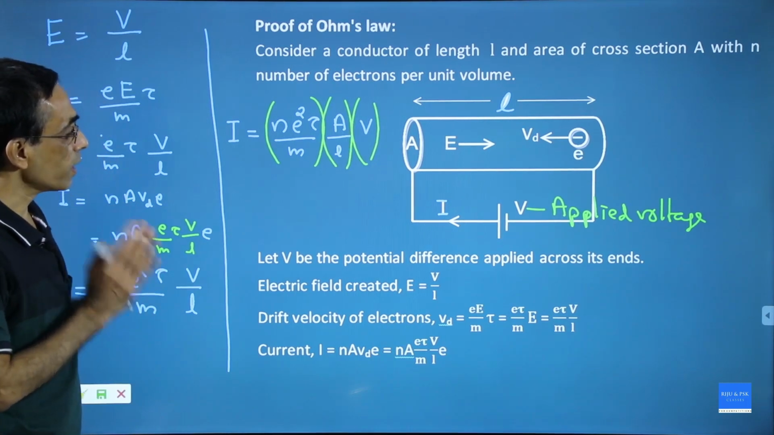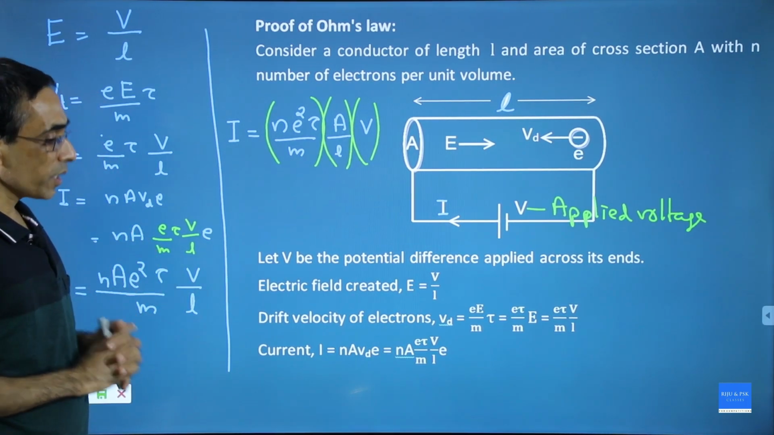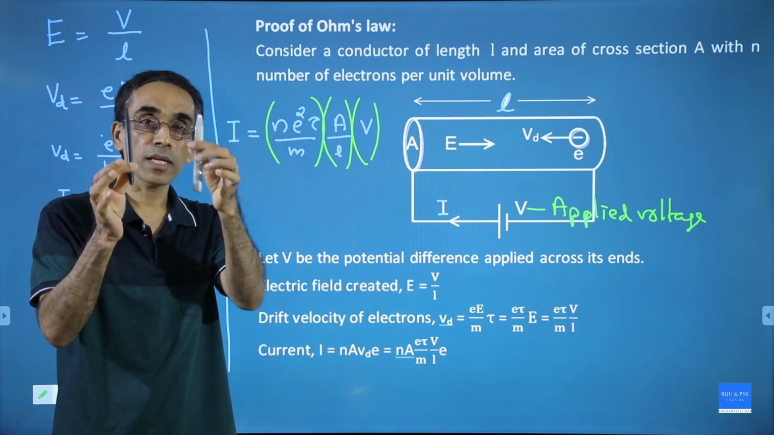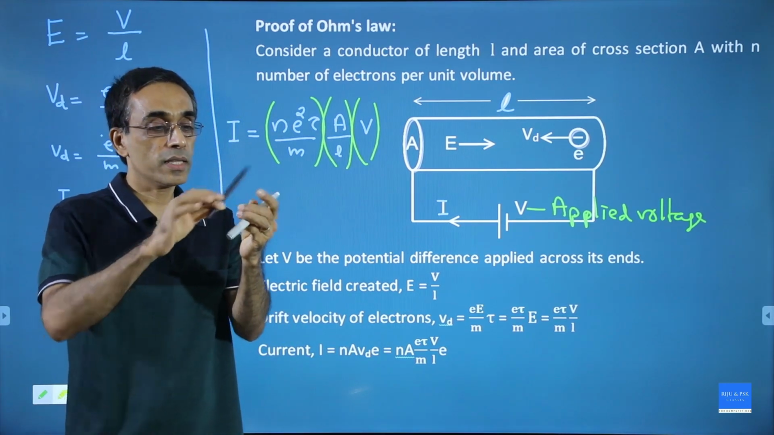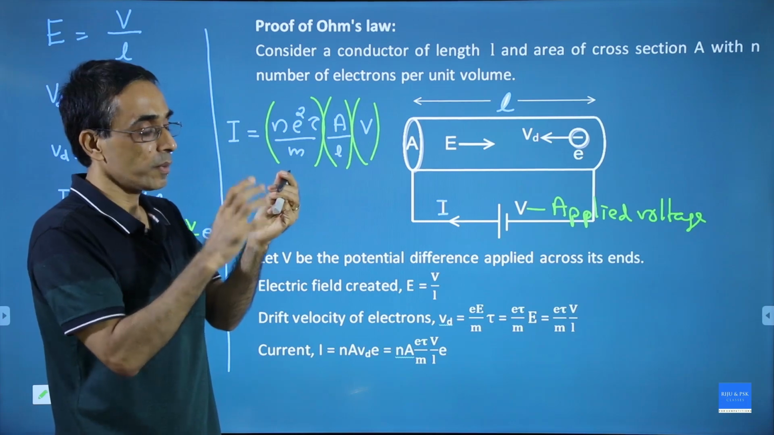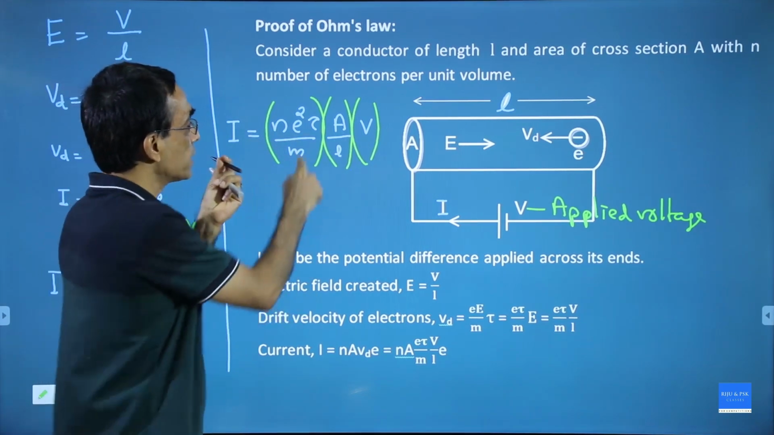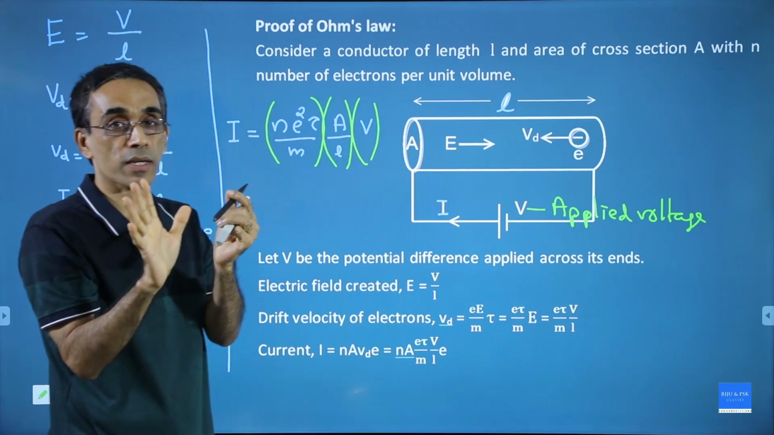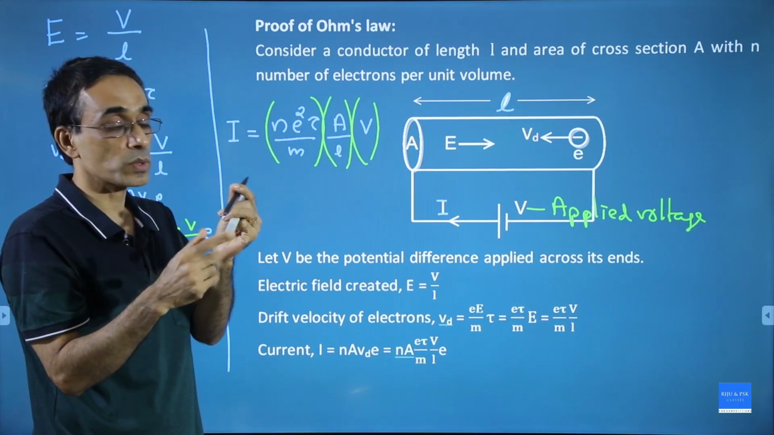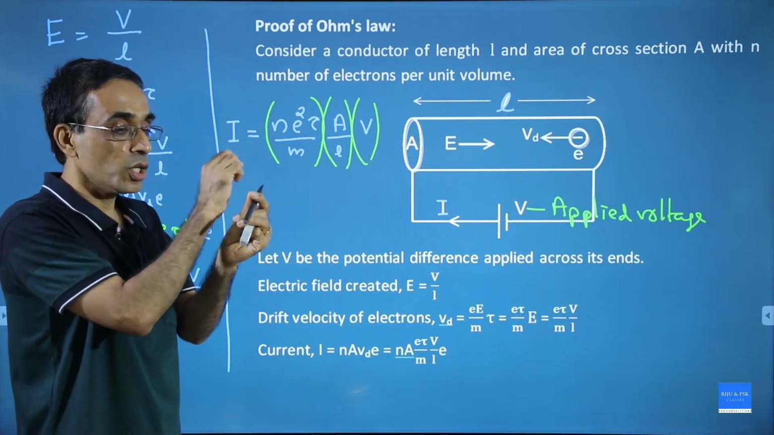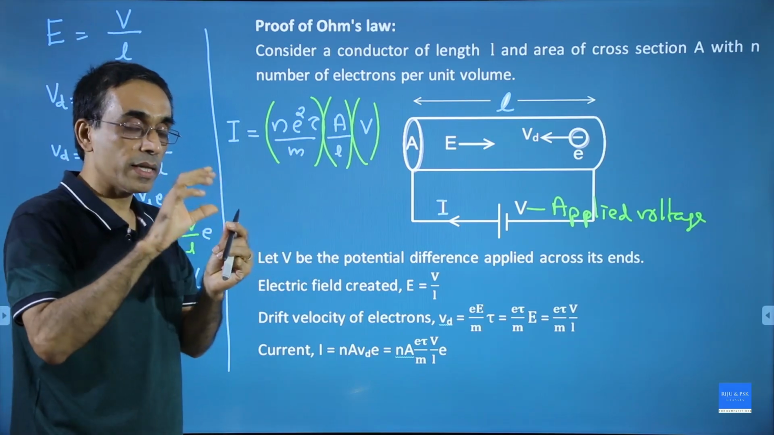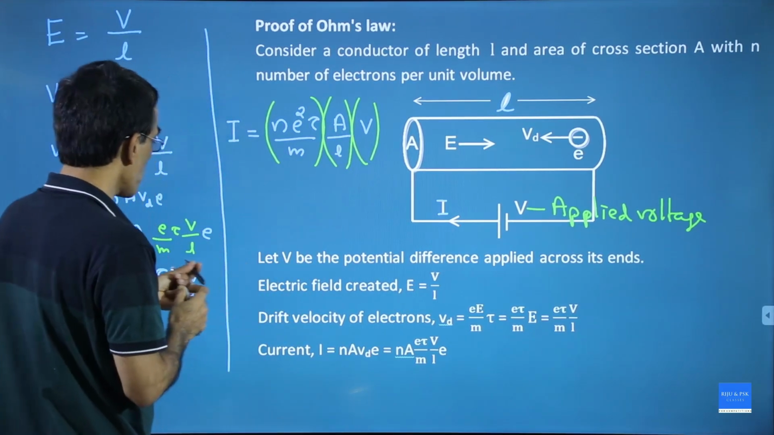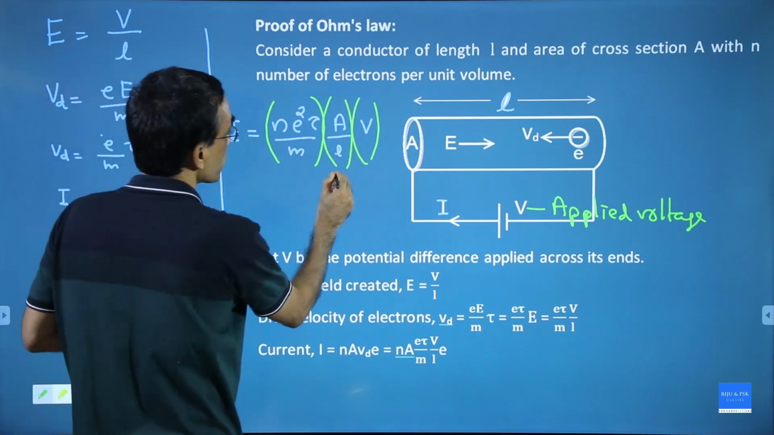Now, the important thing is this. I have 2 pens with me. Assume that these 2 are conductors. The shapes are different. The sizes are different. So, this A and L will depend on the shape and size of the conductor. You can take long wire, short wire, thick wire, thin wire. A by L will depend on the conductor. Fine. So I will say this A by L